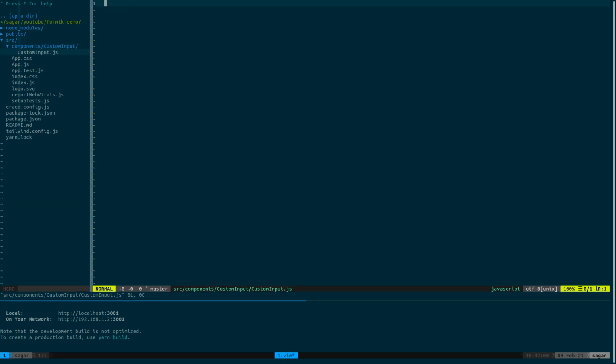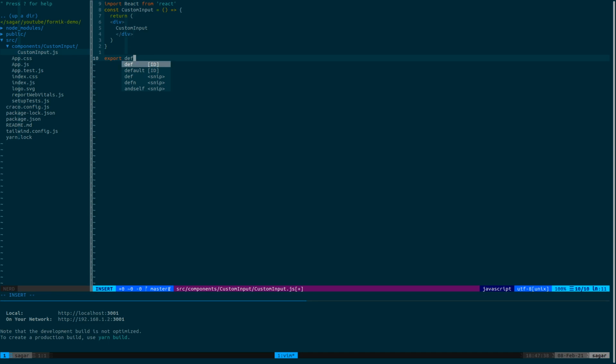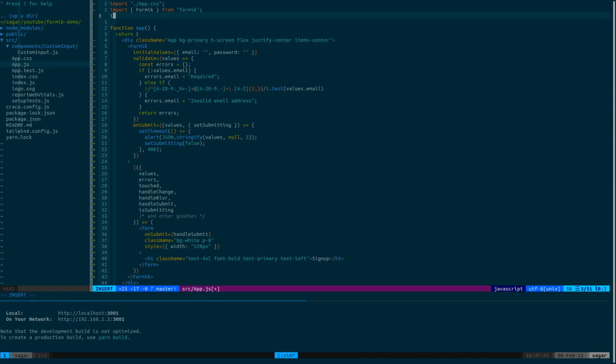So for now, let's just import React, create a component named CustomInput. For now I'm just going to display a text with custom input. Also export default CustomInput. Let's import our custom field